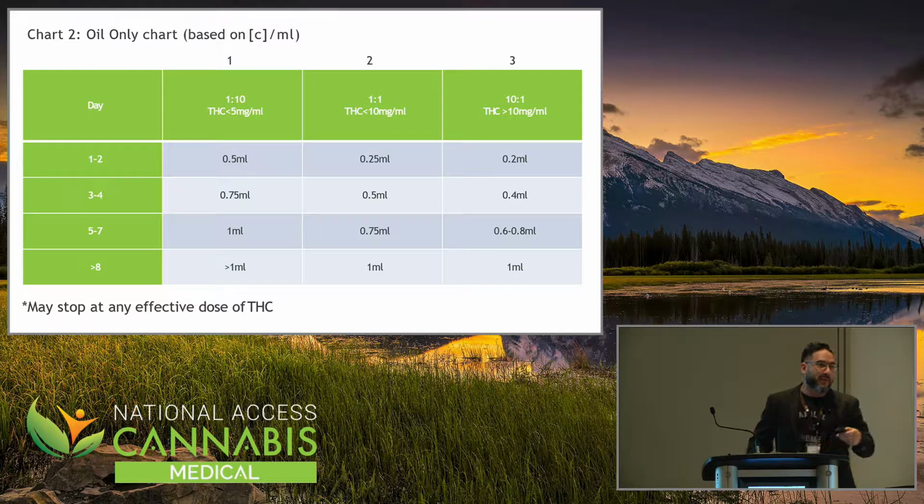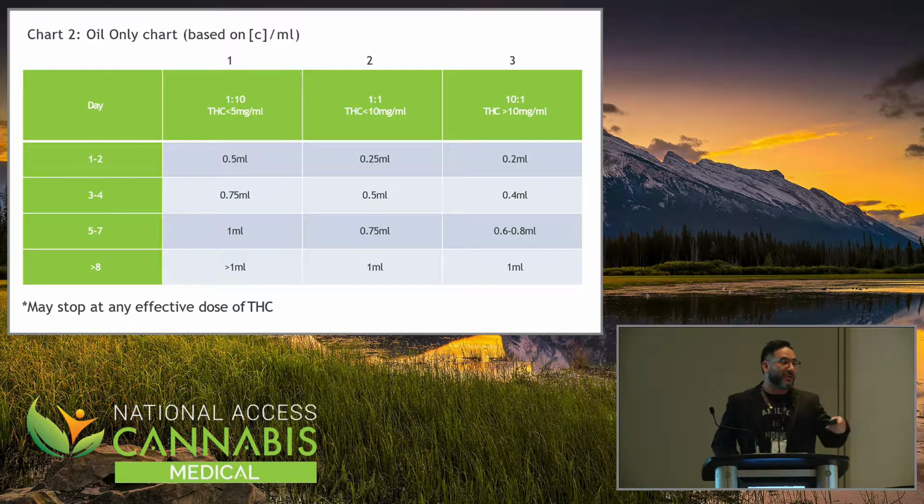Usually, even in the elderly, they're using a THC that's probably more than 5 and less than 10, unless they're using a CBD. And if they're using a CBD, you're fine starting an elderly patient on CBD at around 0.5. You may start a little bit lower if they need to, but I've maybe treated 10,000 patients, and that's basically what it looks like.